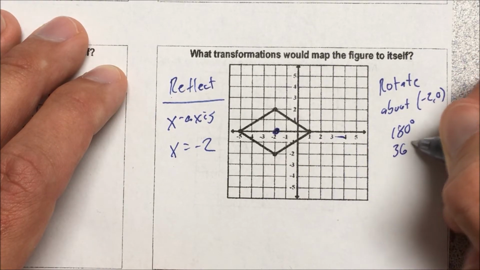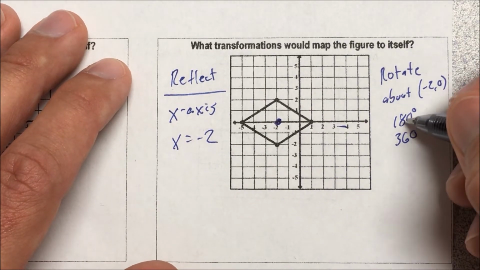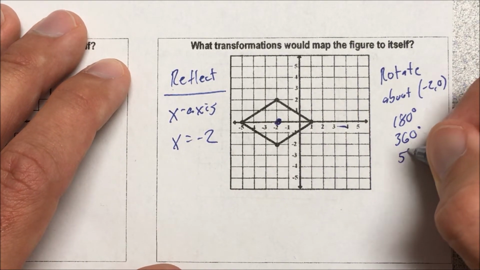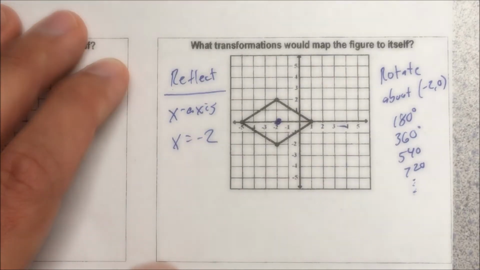I could do 360, and we normally say that 360 is given. We don't really bother writing it, but we could say 180 and 360, and then 540, 720, and so forth, and I'm just adding 180 each time. The last style of mapping it to itself is going to be right here,